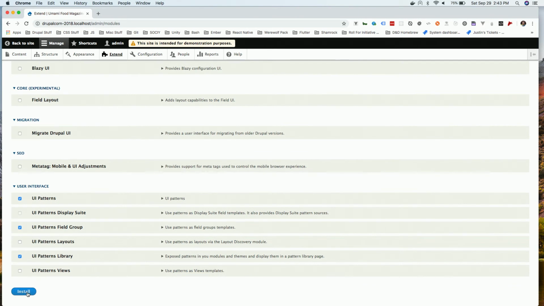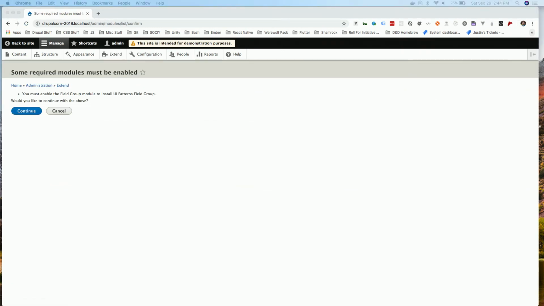So the UI Patterns module just adds its core API. The library adds the .libraries, or looks for the .info, and then Field Group adds the patterns as field groups. So what I'm going to do is